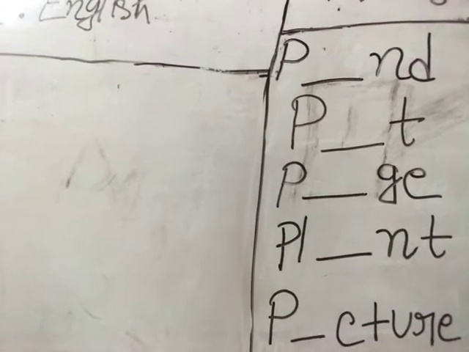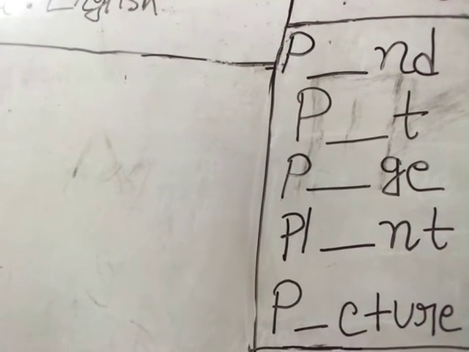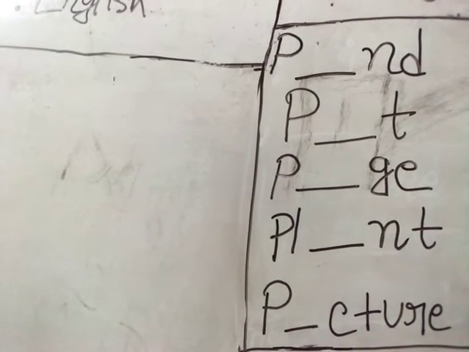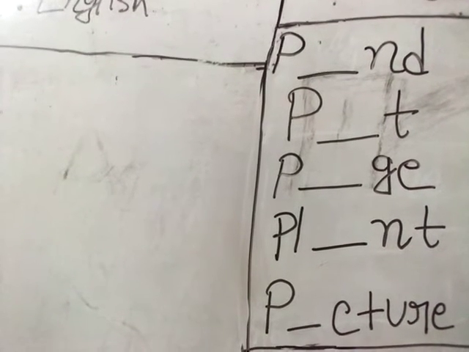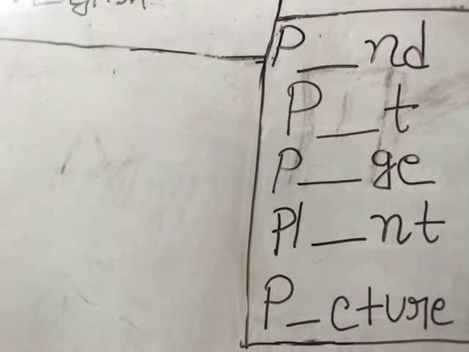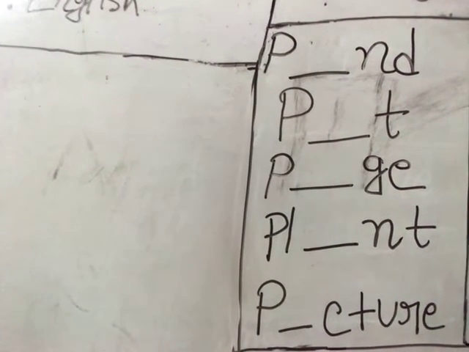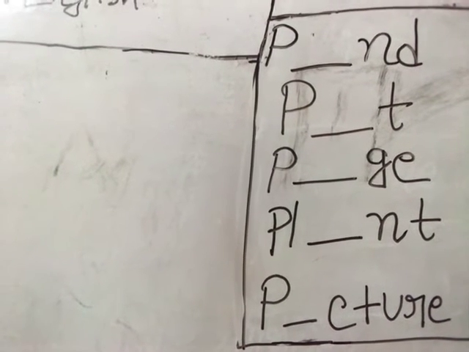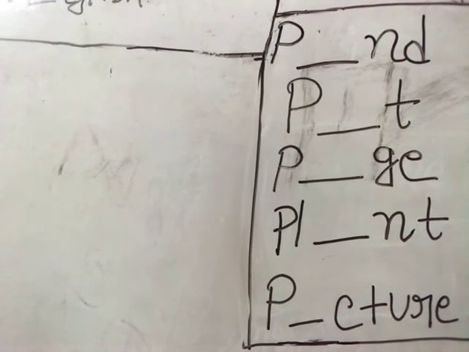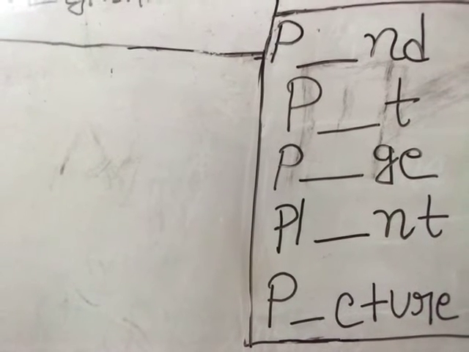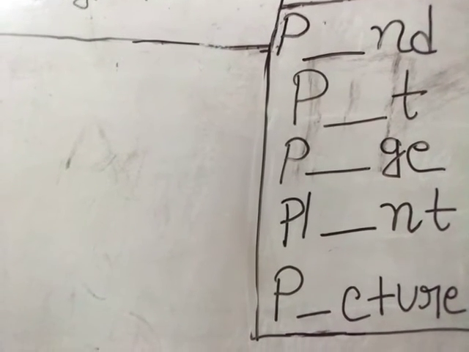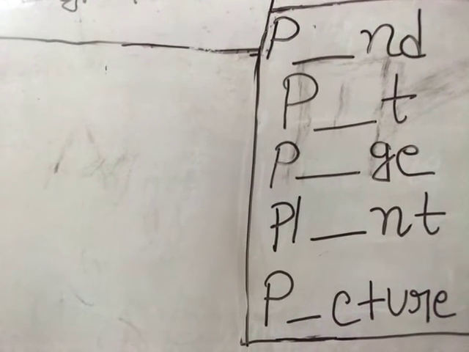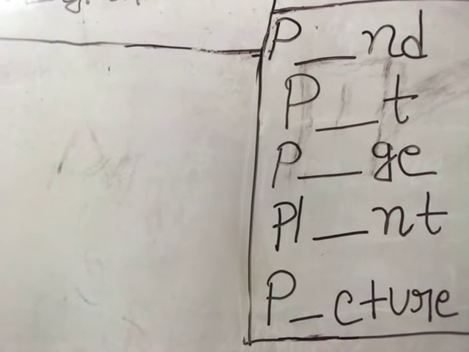We have already seen the words in our books. These are not uncommon or different words, or words that we haven't gone through. Okay, babies? In jumbled words or spelling or missing letters, whatever you say, numerous times we have seen such words. So let's give it a try. Okay, let's get started to solve the missing letters. So P dash ND. As per the rules, we should try with each and every vowel.